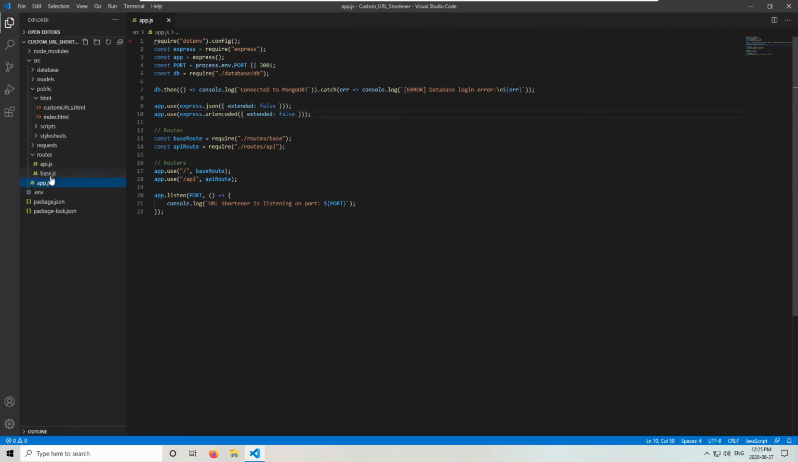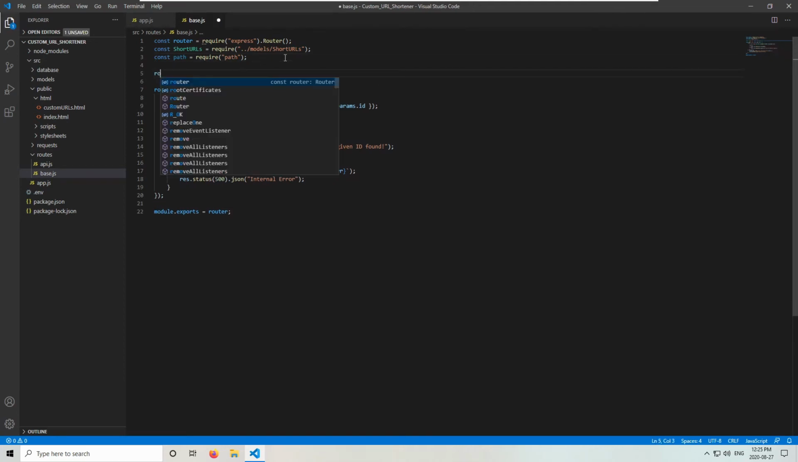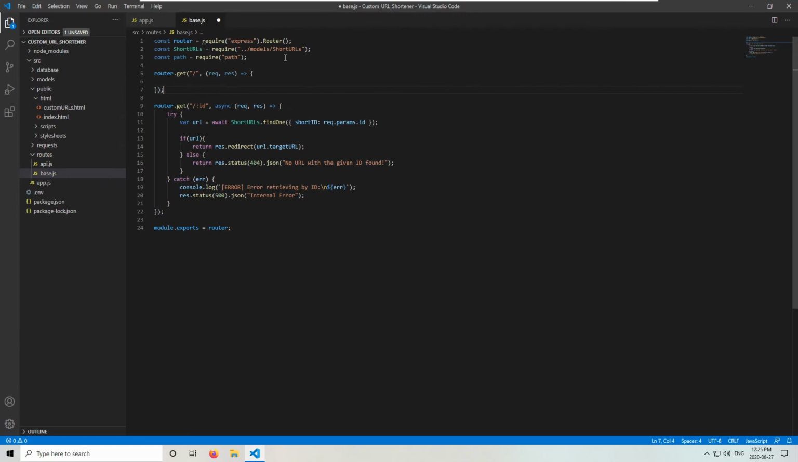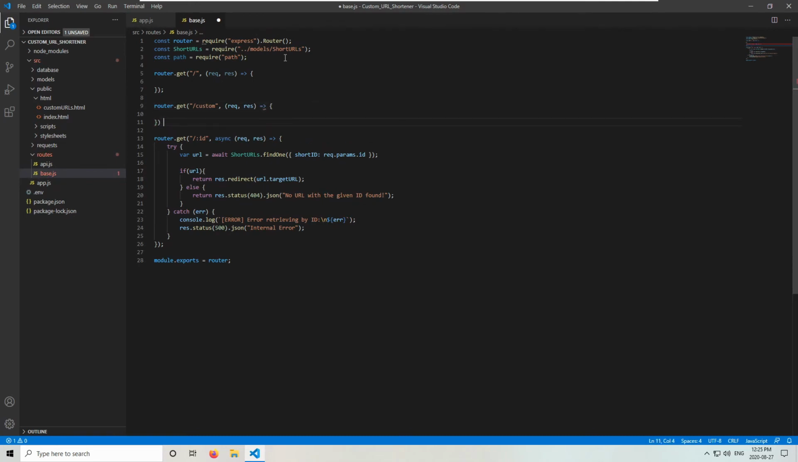Finally, we can go to base.js, and we can create two routers. The first one will send the user the index.html file, and the other one will send them the other file. So router.get /, req, res, and router.get /custom, req, res. This first one up here was just a slash. This is why we needed to remove the hello world one, as they would conflict, because they're on the same